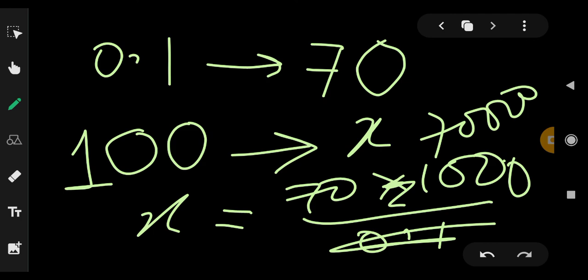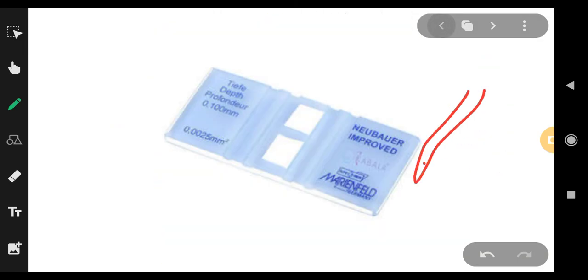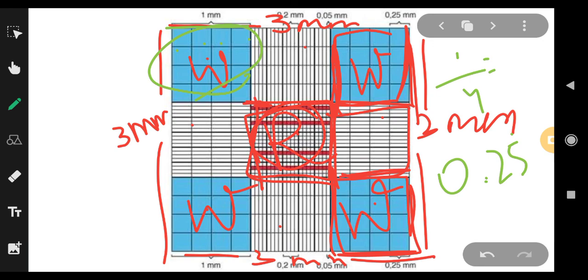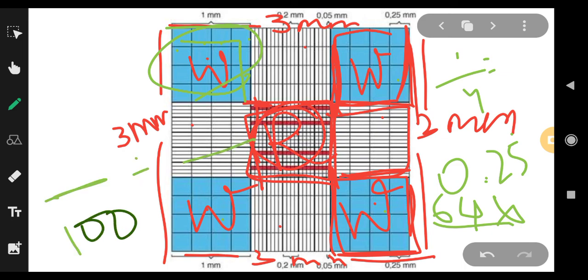So this is how you calculate the number of cells present in a solution or a sample using hemocytometer. It is basically cross multiplication. Similarly, the same thing will happen for WBCs. But for WBCs we don't have 25 boxes. We have 4 here, 16, 16, 16 and 16. We have 64 boxes. So we will find the volume of 64 boxes. If in that much volume there are this many cells, then in the volume of our sample, 100 ml, how many cells will there be? This we will do, we will cross multiply and we will get the number of cells. So this is the application and the use of hemocytometer.